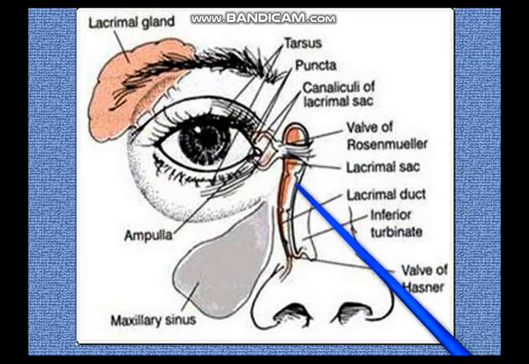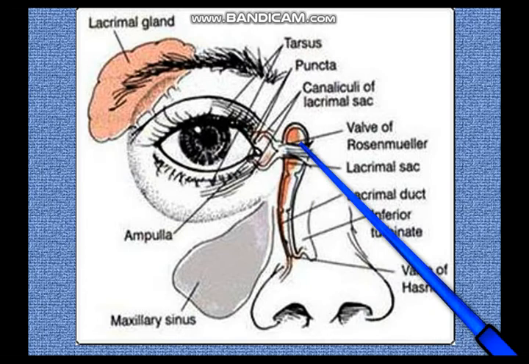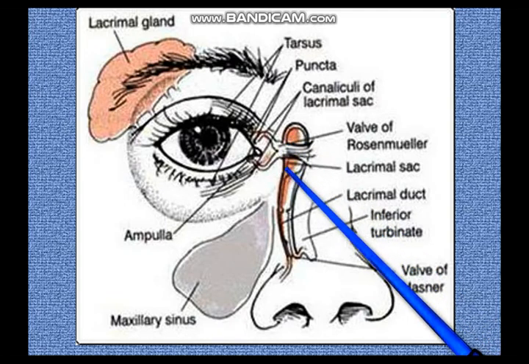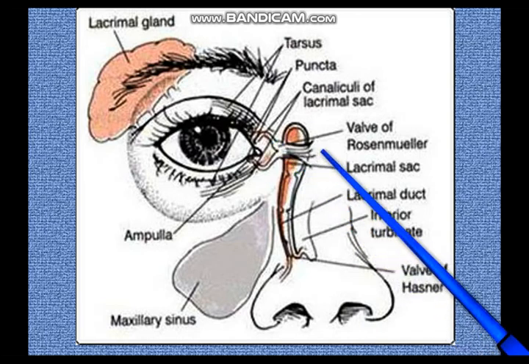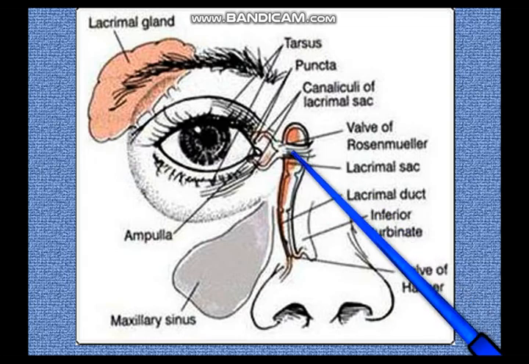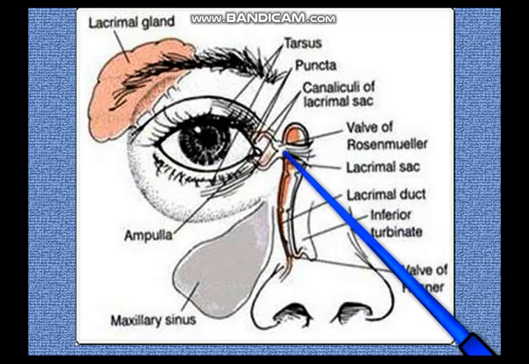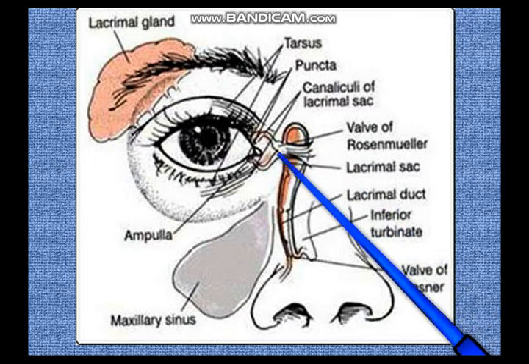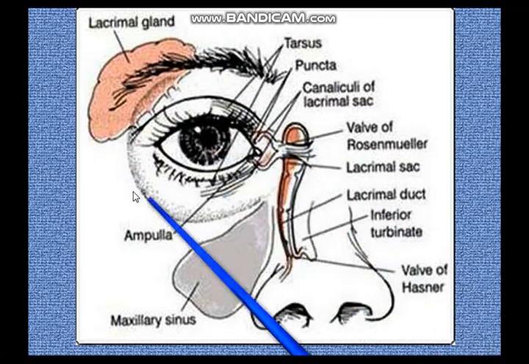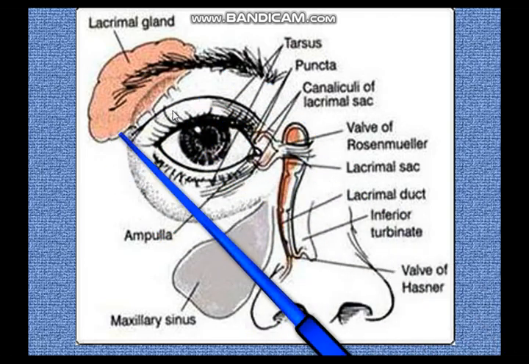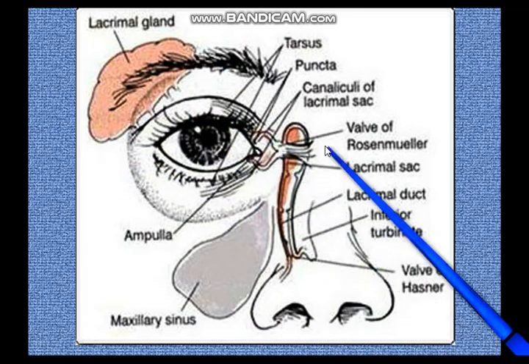This lacrimal sac is in the lacrimal fossa, and this lacrimal fossa is in the medial wall of the orbit, as you know, between the anterior and posterior lacrimal crests. The anterior lacrimal crest is on the frontal process of the maxilla, the posterior lacrimal crest is on the lacrimal bone, and this is the medial palpebral ligament that you have here, bridging over the lacrimal fascia. And you know that the orbicularis oculi muscle has an orbital part outside, a palpebral part within the lids, and a lacrimal part as well.